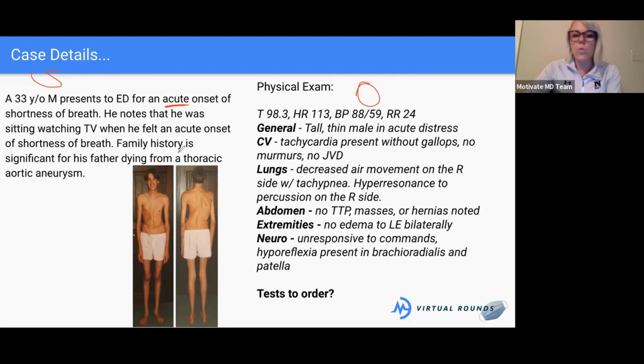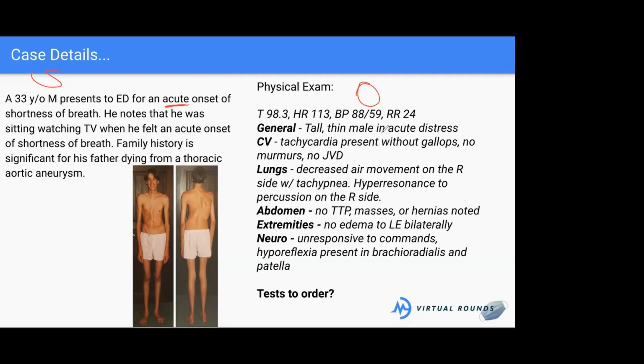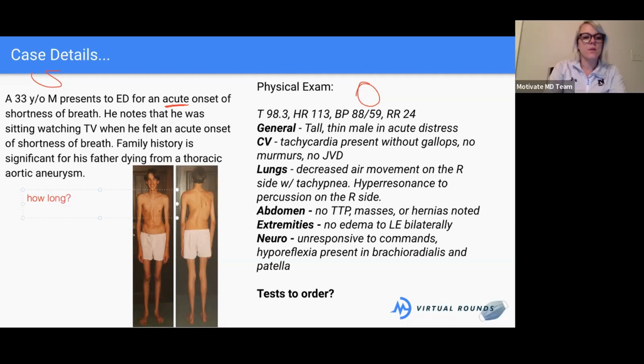Okay, so what other questions do you guys want to ask this guy? Well, I want to ask him, did the shortness of breath happen before? How long has he had it? And has he had any of the other symptoms related to it? Good. Okay, so we'll say he just got it very quickly. Does it happen only when he sits down? Exactly. He was just sitting, watching TV. He's never felt shortness of breath before. He's usually pretty active. He plays basketball and usually never has shortness of breath.